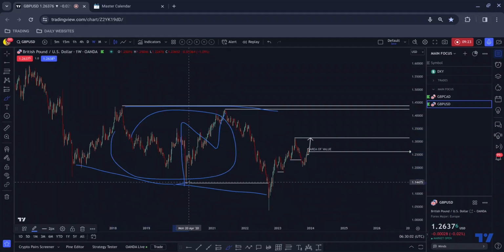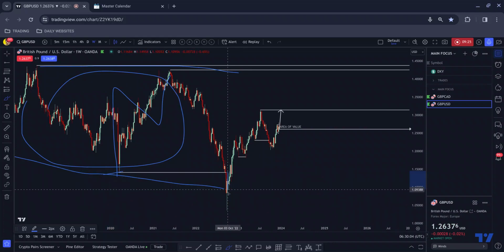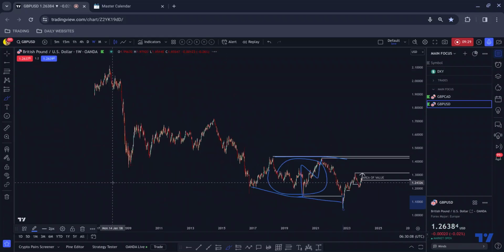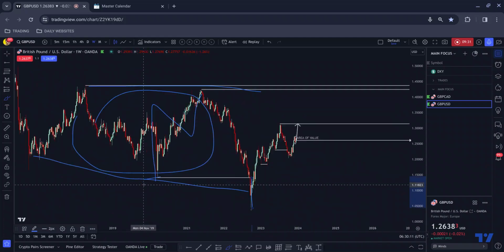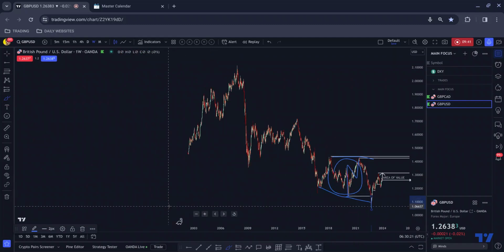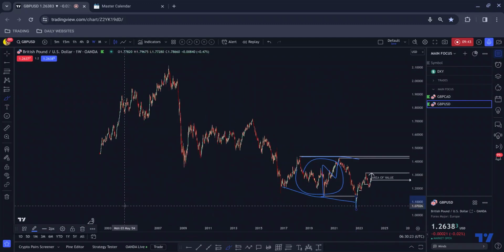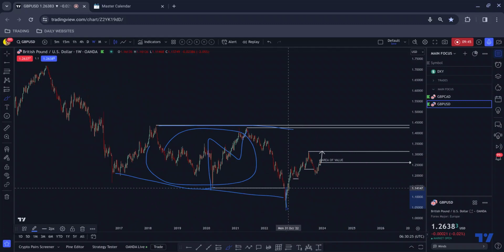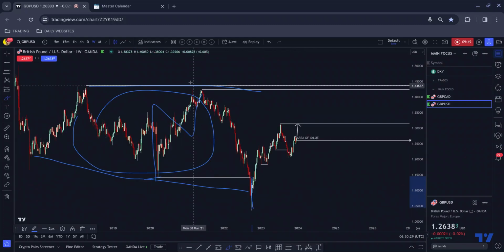We break below the low and catch people on the wrong side of the market once again, who start selling once we break below. As I've said previously, if they're selling it, where are they selling it to? Most likely a lot of these people don't have a target, and if they do, it's probably a lower time frame target, which by definition means they're too zoomed in. If I was selling here, where am I selling to? There's nothing. So this likely represents just a bargain area of value for a buy once again,